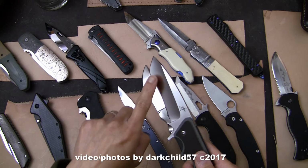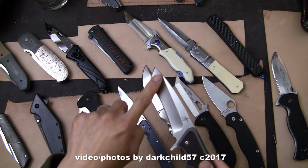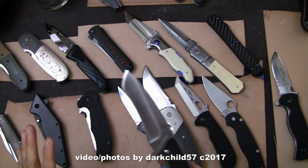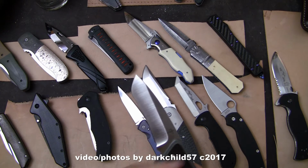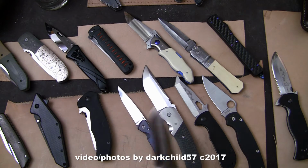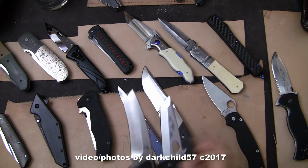So I might find that the most useful part of this knife is cutting up here, where it's ever so slightly thinner right here. Now this is a very interesting recurve. I don't know what you would call this, but it's a drop point. There's a recurve on it. It's not really like a tanto point, because you don't have that kind of secondary